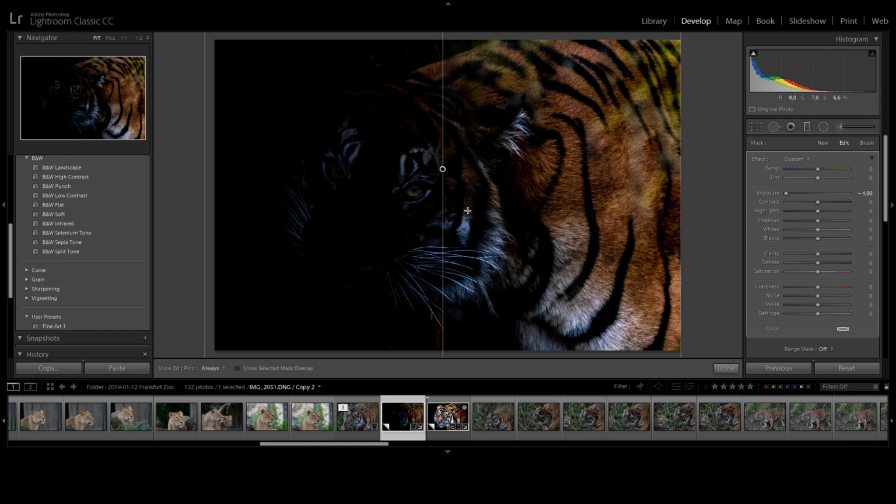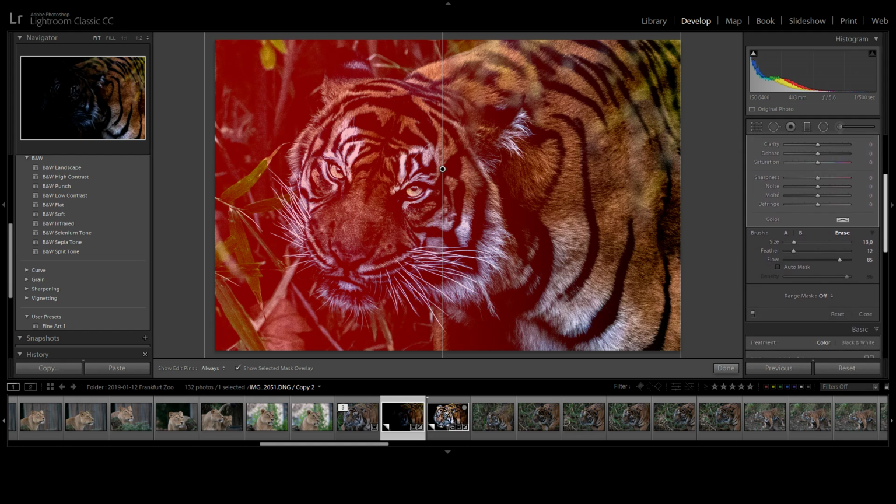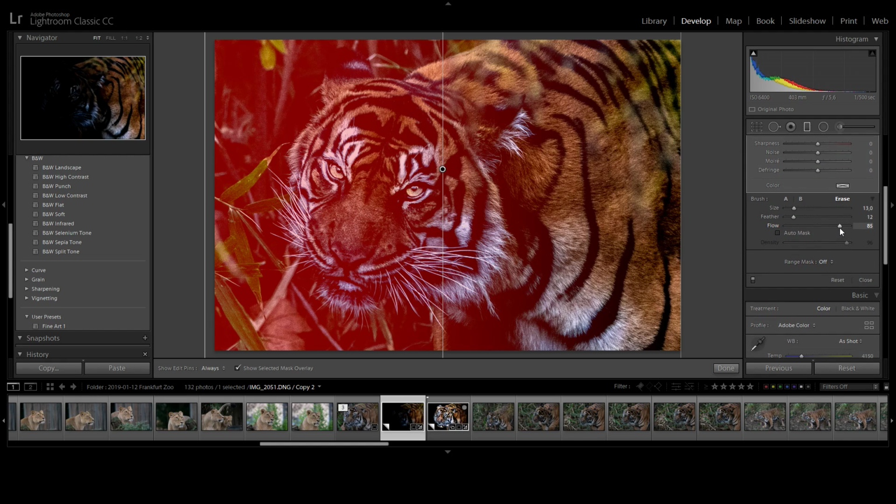The first thing I have to do is unmask the tiger, because I don't want the tiger to be affected by the graduated filter. I press the O key so I can see the mask. Then I click on brush and then on erase. My flow I'm going to move down to about 85. I don't want it to be 100%. At first I'm going to leave the auto mask unchecked, and I'm going to make my selection circle, my selection area, fairly large, and go ahead and unmask